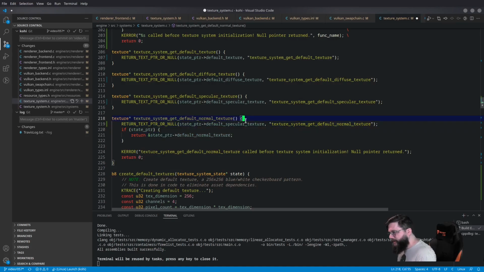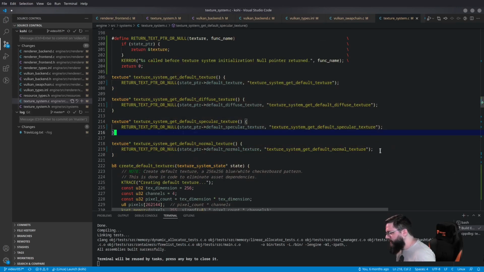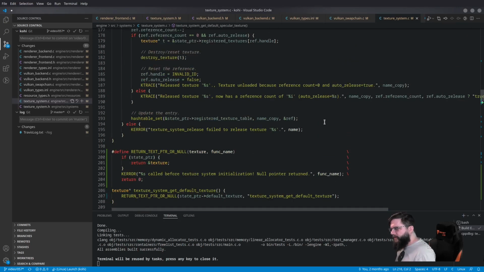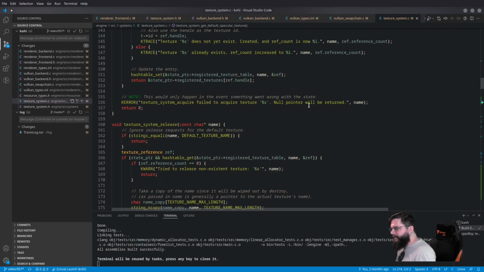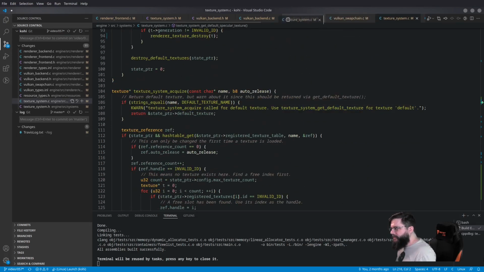And normal texture. And we can get rid of that, so save ourselves a little bit of repeated code there. Okay. So the next thing that we need to do is we have our, let me actually put this next